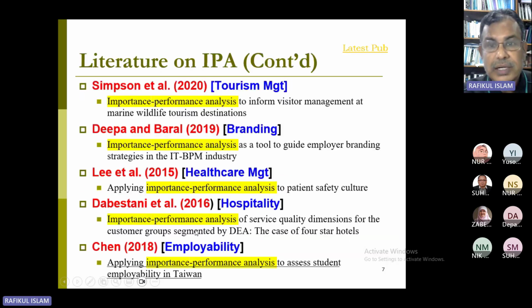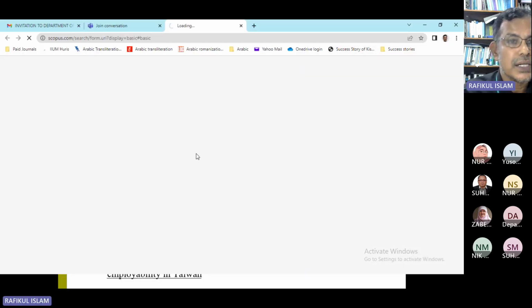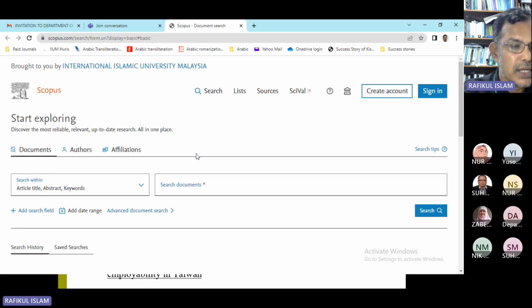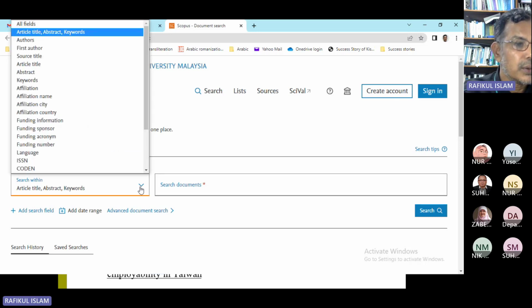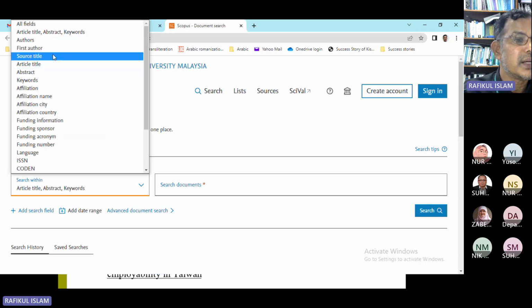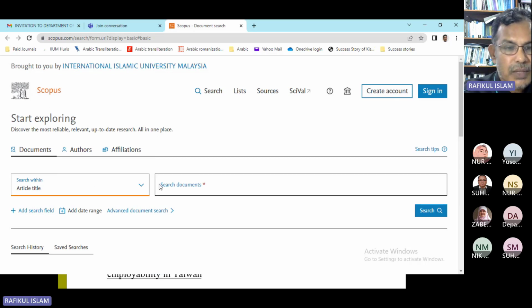So what I was doing yesterday was looking for the recent literature. I will show you how much research is going on. So just give me a minute. This is the Scopus website, as we all know. In Scopus, we can search using the documents option, authors option, or affiliation option. Now for documents, we can search for a keyword which should appear in the article title, abstract. I will go for article title, which is the most restrictive, and I will put it within quotation marks